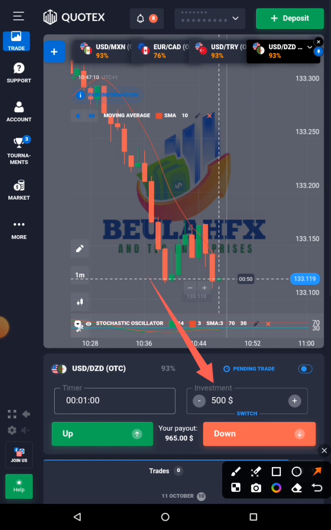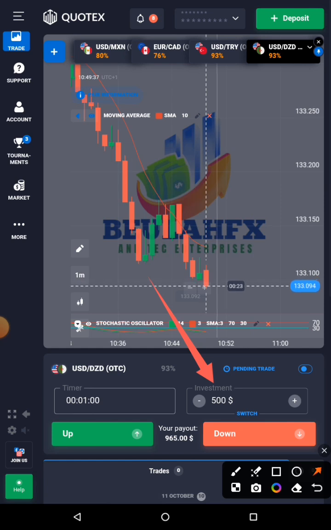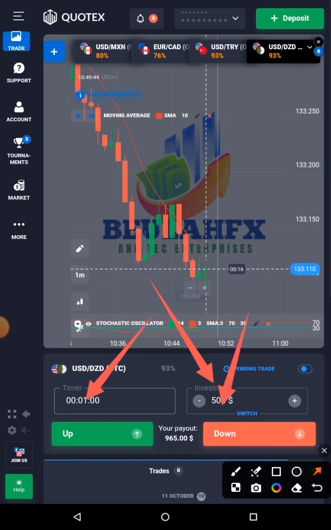So here, where you see investment, you can put it as low as $1 if you are using the dollar account, and you can also trade as low as 500 naira if it is on naira account. That is what you need to know. So once you know where you select the time, you know where to put the investment, we now talk about